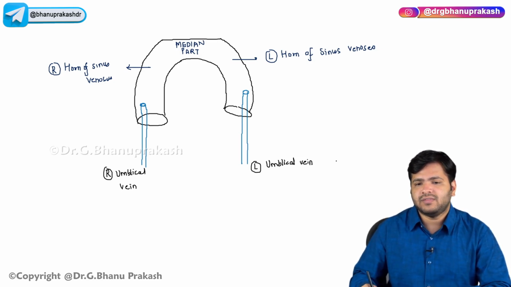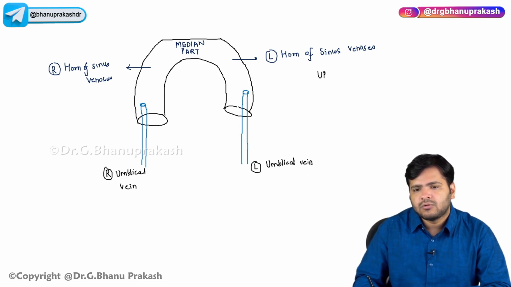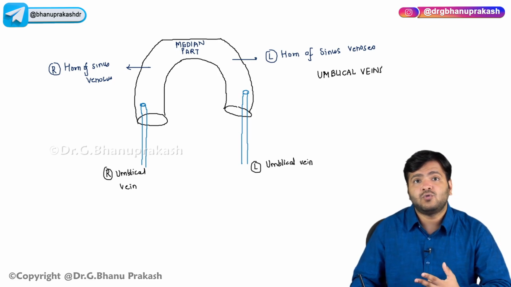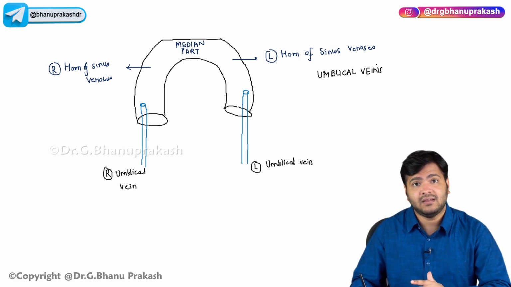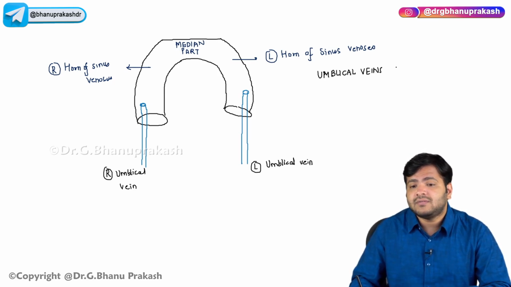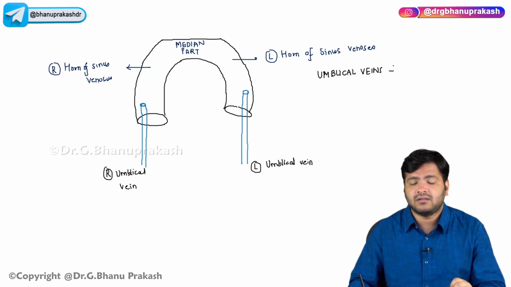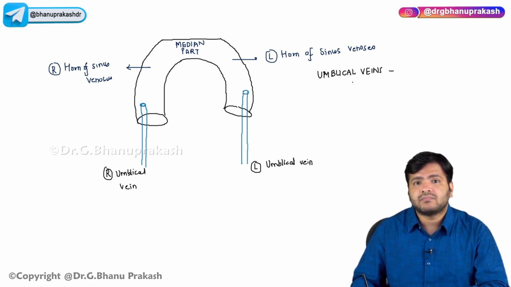Now, these umbilical veins, you already know, initially we have two umbilical veins, right? Later on the right one will disappear and only the left one is left behind. So the umbilical veins basically will receive the blood from the mother, and they will carry the blood to the developing heart. So remember, yeah,